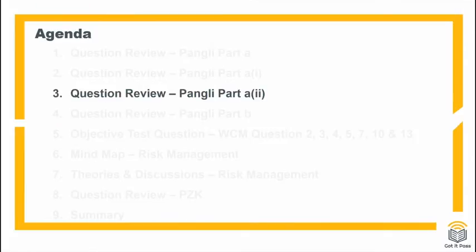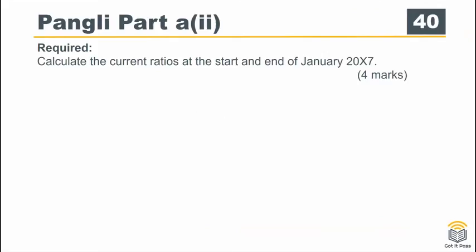Next part, we will go through the Pangli part A2. The requirement is we need to calculate the current ratios at the start and the end of January 2007. So what is current ratios? So here, just to recap your memory,